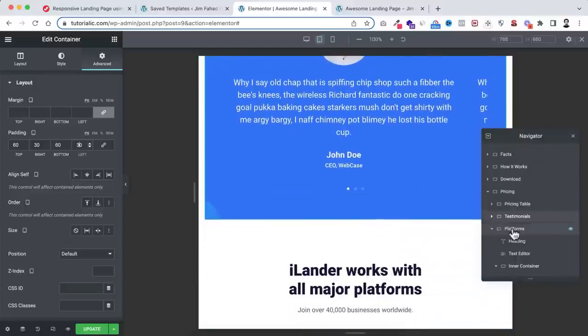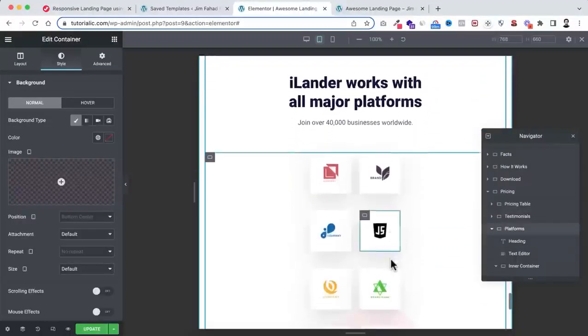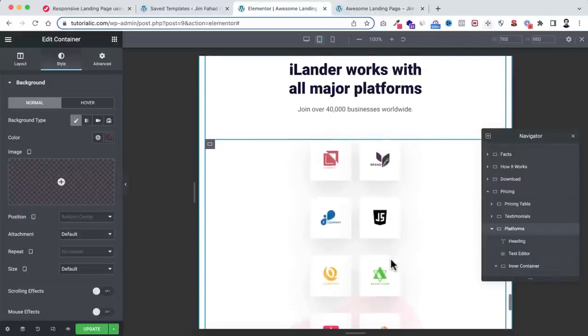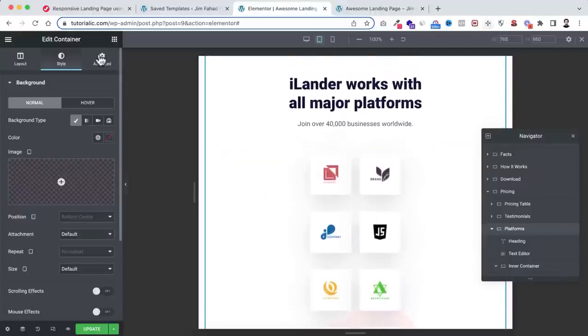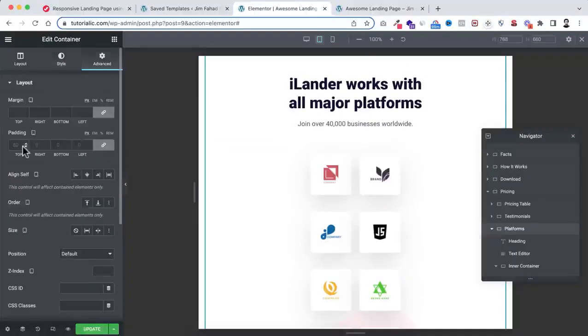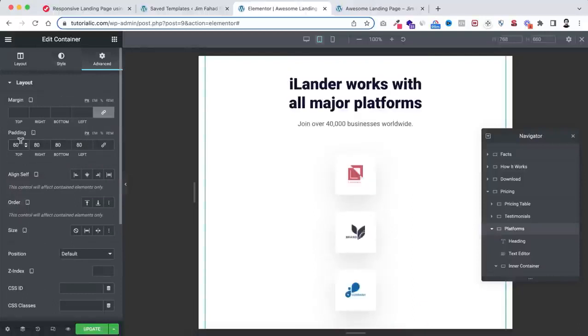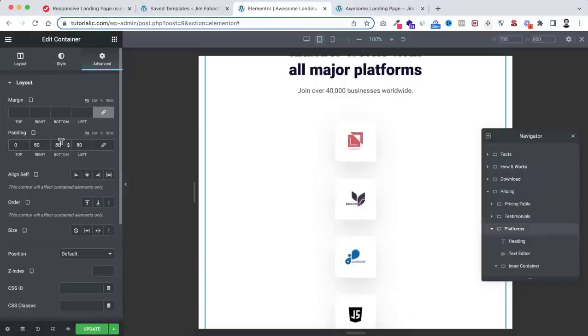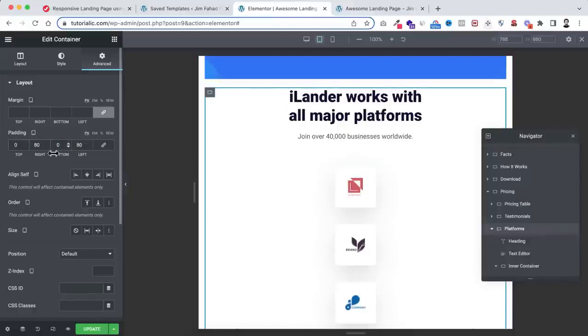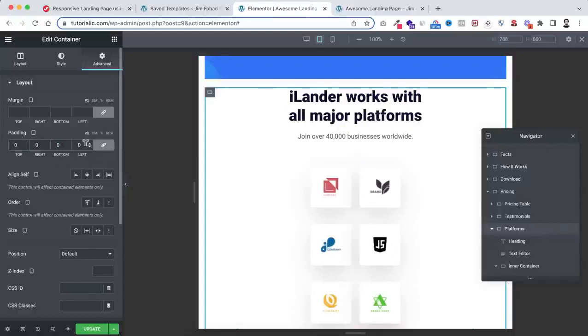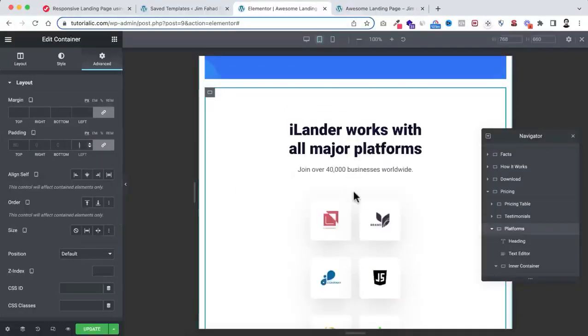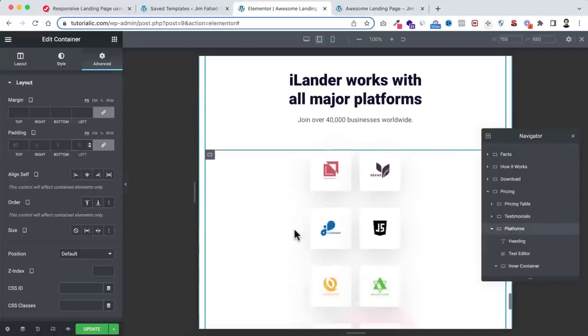Let's now select the platform, this inner container. And now with this one, we just need to decrease the padding. So go under advanced tab. From here, let's first make the padding to 80 pixel. Now unlink it because at the top and bottom, I'm making the padding value to 0. Oops, actually not with this one. Let's just keep it default that we have done with the desktop because we need to do that spacing settings with the inner container. Okay, so these platforms, let's just keep it same, but with the inner